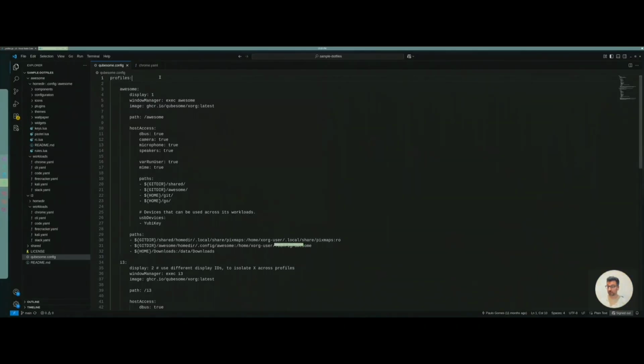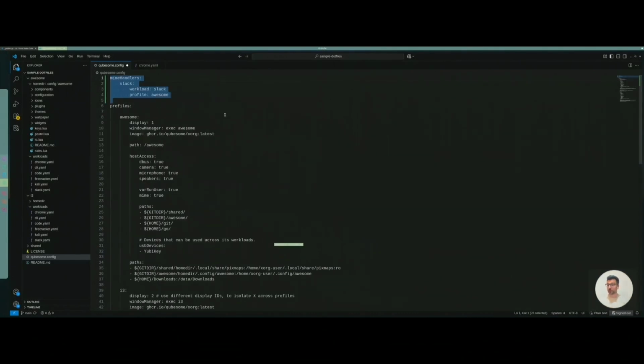And if we did Qubesome xdg open, and let's say that we had a link to Slack, ABC, whatever, right? It's saying cannot handle MIME type. For Slack, the MIME type is not configured, nor is the default MIME handler, right? Okay, so if we go back to our configuration here,